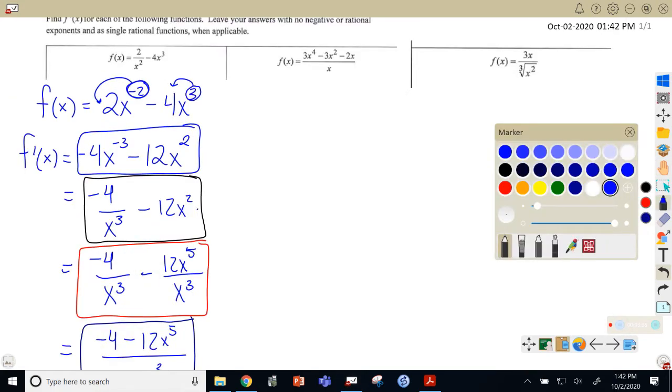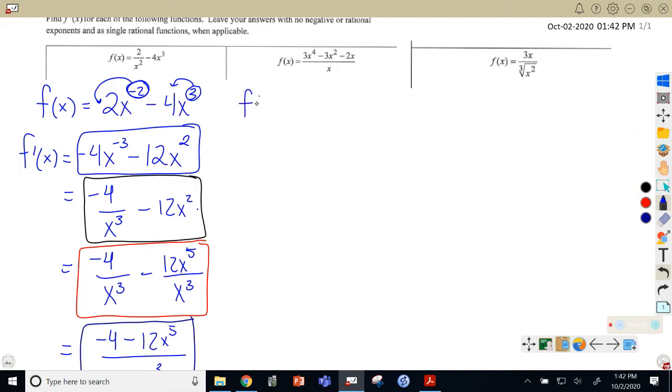So on to the next one, same first step. First we're going to rewrite by getting rid of that division by x. We're going to rewrite it as a polynomial, so all of these terms are going to be reduced by 1 power of x. So it'll go 3x cubed minus 3x minus 2. And from there, you're going to apply the power rule. So f prime of x,